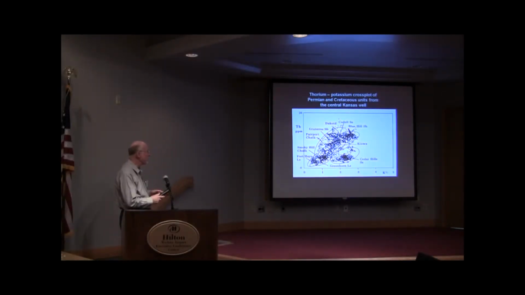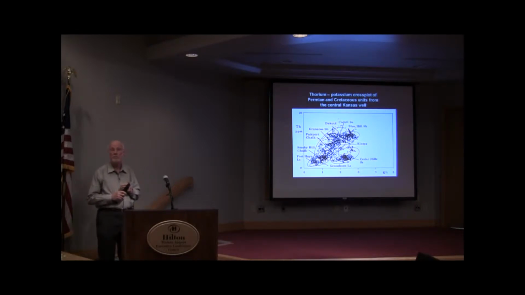So here's a cross plot, and you'll find this cross plot conventionally in the Schlumberger charts. Schlumberger, Baker Atlas, Halliburton, all the rest of them, they're on this game. And we see a cross plot of potassium and thorium for that section. And here's the Cedar Hill sandstone, feldspathic sandstones, but they're plotting down here separately from these shales up here, which